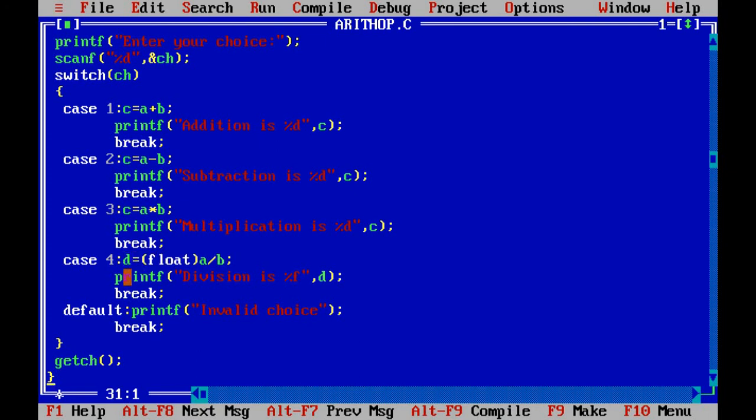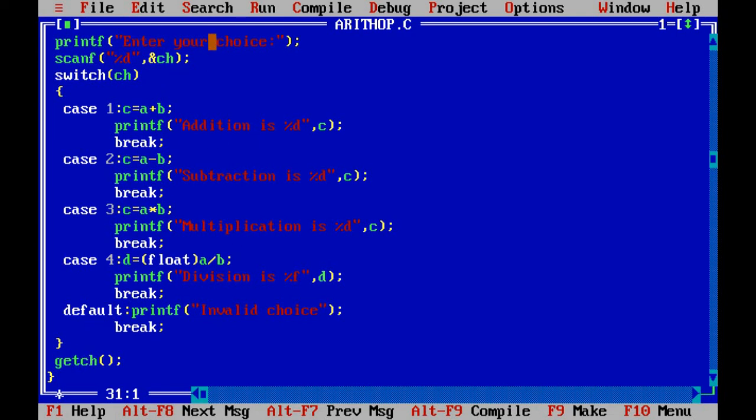After calculating division, print it by using the printf statement. Printf division is %f. As d is float, we have taken %f here. At the place of %f, it prints the value stored in d. Then break, and then it comes out.